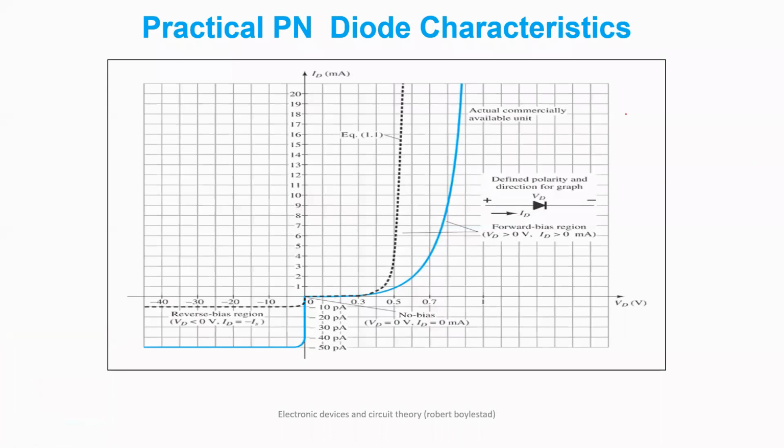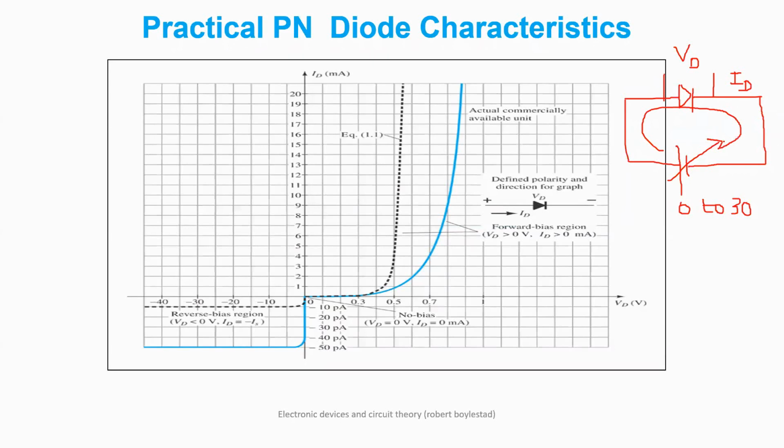So this is your diode like this, and forward bias means we are applying positive on positive and negative on negative. So this is a variable supply. That means it will start from zero and can go up to any value, up to 2300 volts or so only. In lab, we normally use this up to 0 to 30 volts. So what happens? This voltage is VD, and we are getting current here in this particular loop as ID.